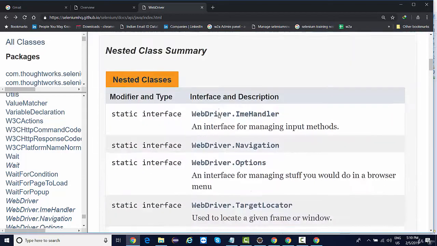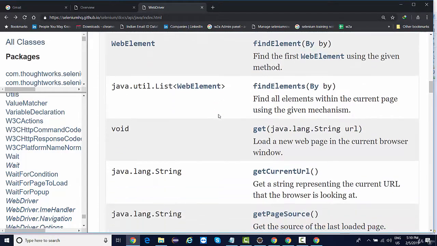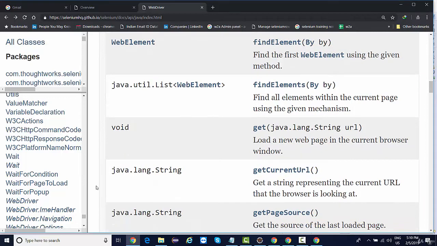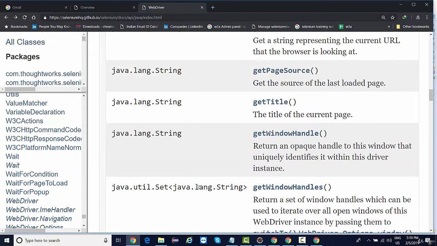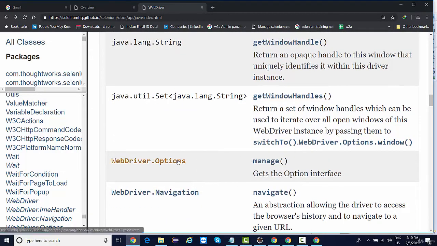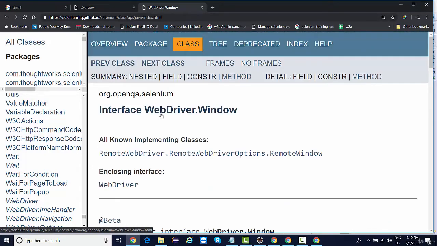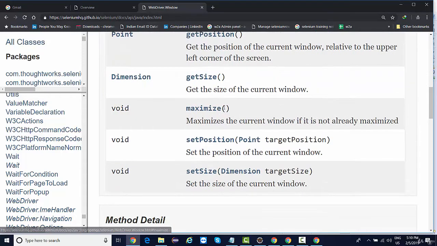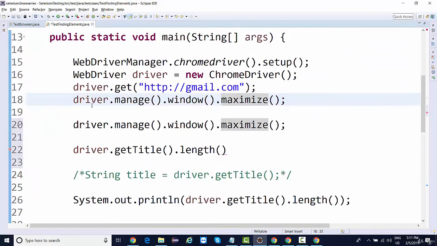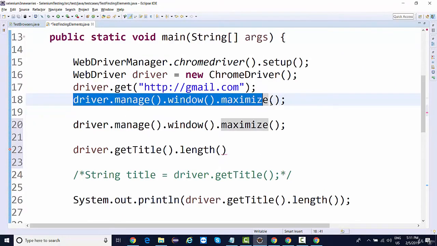And this interface will help you in navigating all these classes that you see over here. So from manage, we have gone to options, then to window, and then we have maximized. So this is how driver.manage.window.maximize actually works. You need not learn this thing, right?